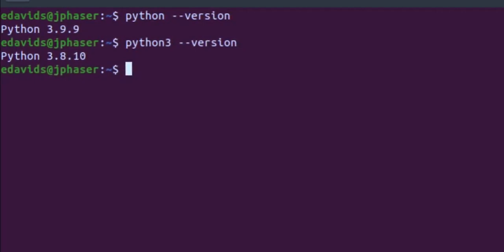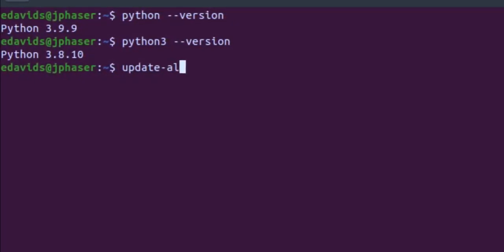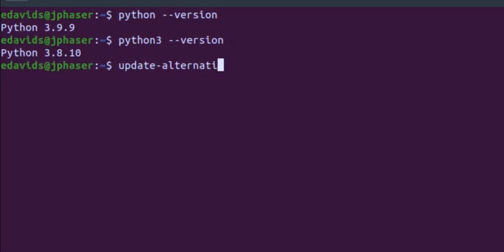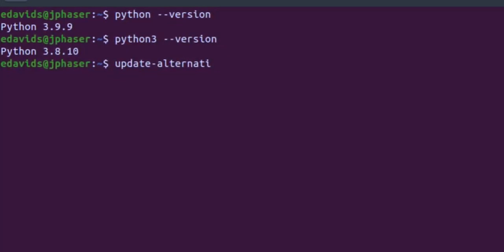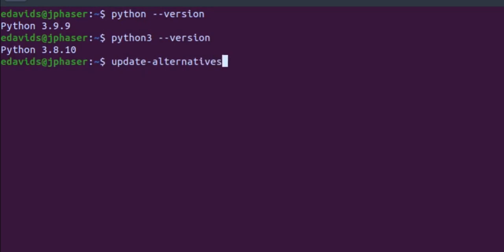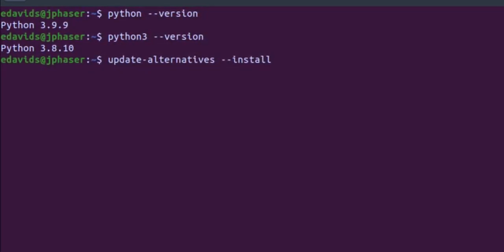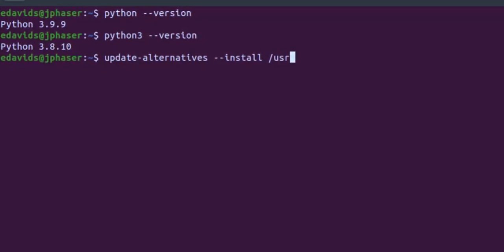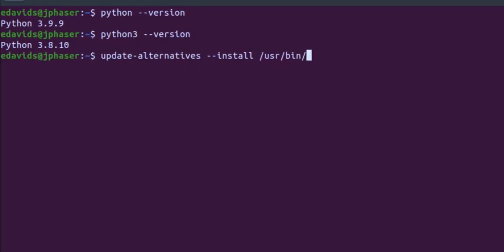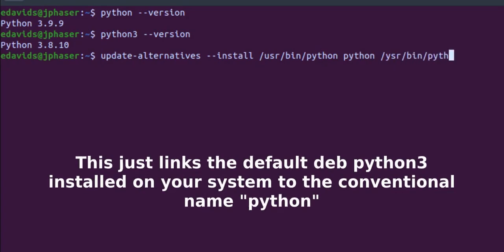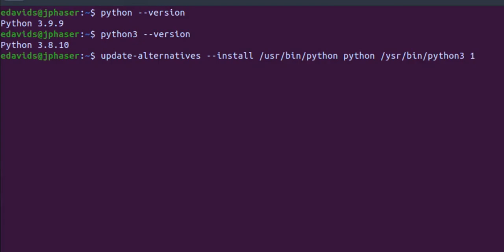To do this, we would have to type in this command: update-alternatives --install /usr/bin/python python /usr/bin/python3, and make it the default version, which is 1. Okay, so once you hit enter,